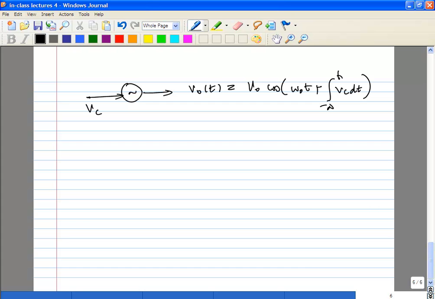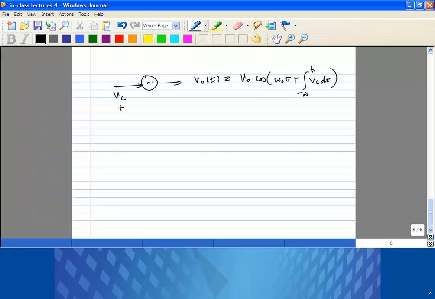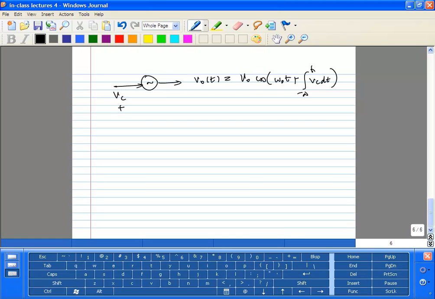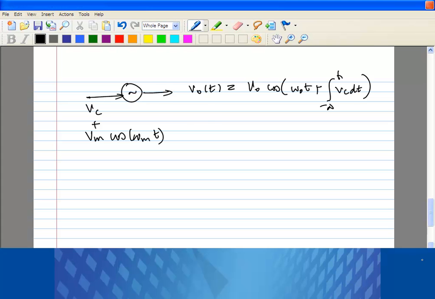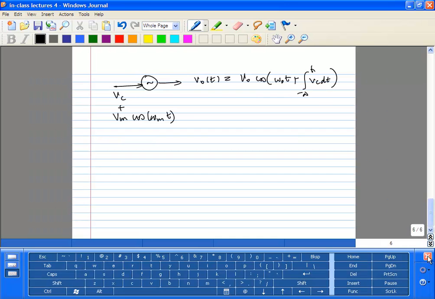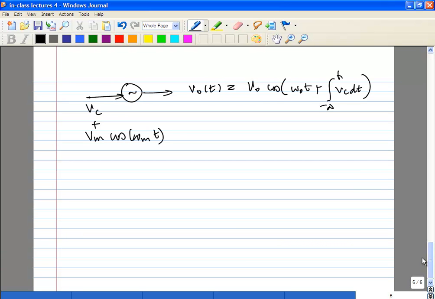Now let's assume you have some... So this will give you, if you actually look at the output, a very nonlinear process first of all. So you can show that,